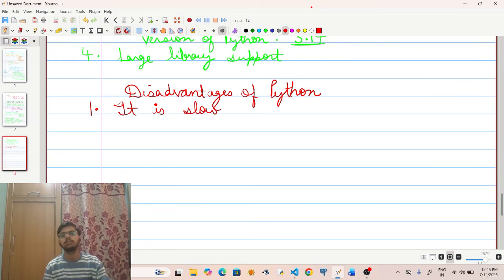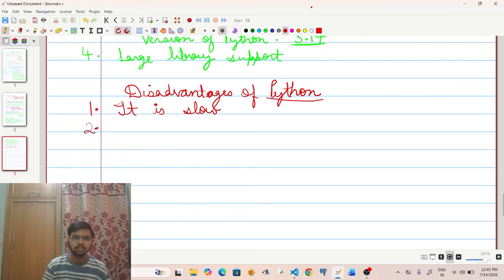When you compare Python with a lot of programming languages such as C++ or Java, you will see that in executing particular lines of code, Python will take a lot more time than other languages such as C++ and Java.